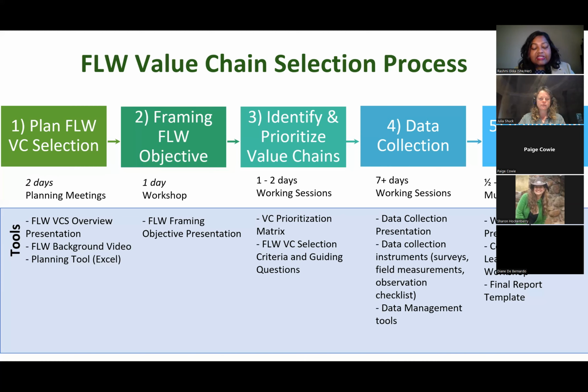Fourth is data collection. So you go out to the field and collect data to ground your understanding of the various indicators from the prioritization matrix. We fill in key gaps in our understanding over here and essentially make sure that the crops that have reached the top of the ranking are the ones that really need the food loss and